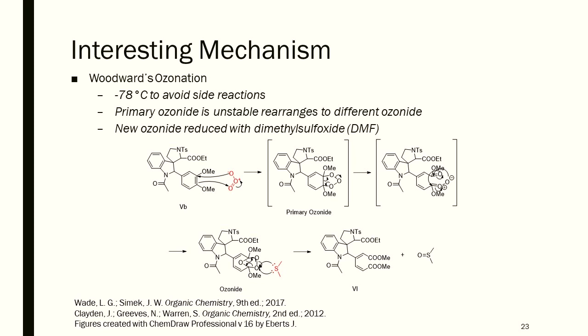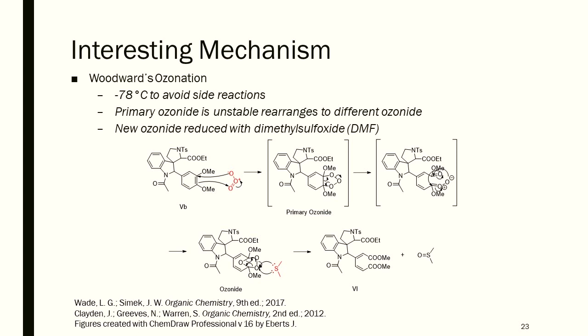One of the interesting mechanisms that was included in these 2 syntheses was Woodward's ozonation to open the ring that was originally brought in as part of the acetoveratone starting material. This reaction is done at minus 78 degrees Celsius to avoid side reactions, and the first result is the formation of a primary ozonide. This is a 5-sided ring that is unstable, so it rearranges to another ozonide through an